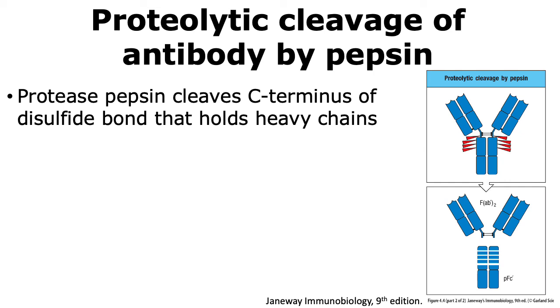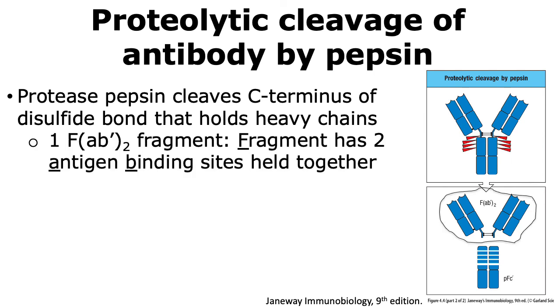Similarly, experiments were performed by cleaving the antibody with other proteases like, in this example, pepsin. Now, in the case of pepsin, its recognition site on the antibody is different, and hence the pattern of cleavage is different. So in the case of pepsin, it cleaves the immunoglobulin at the C terminus of the disulfide bond that holds the heavy chains together, and that is shown in the figure on the right where you can see the red arrows. The result of pepsin cleavage was you would form one fragment which was called the F(ab')2